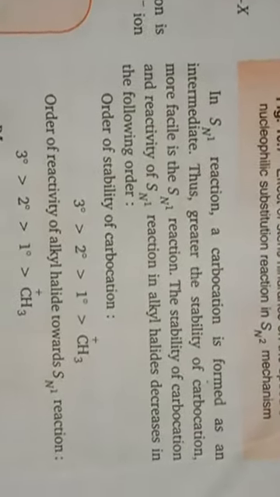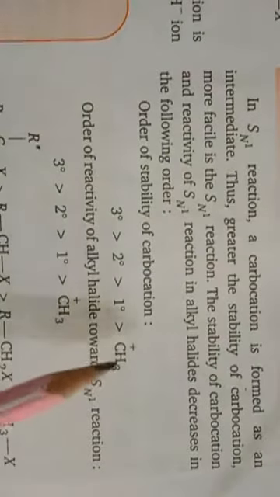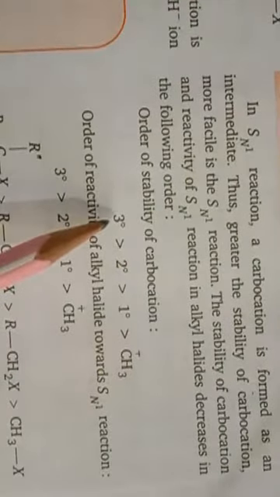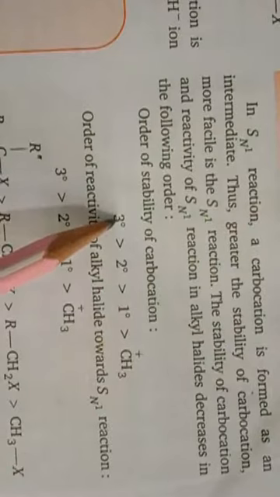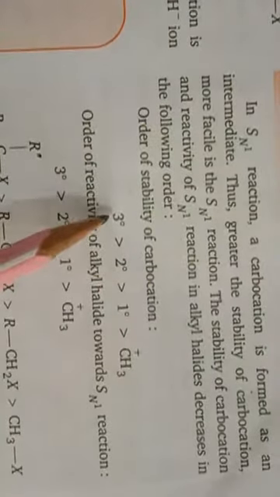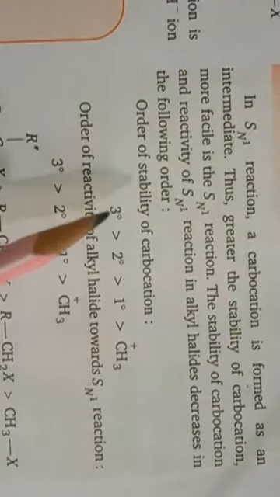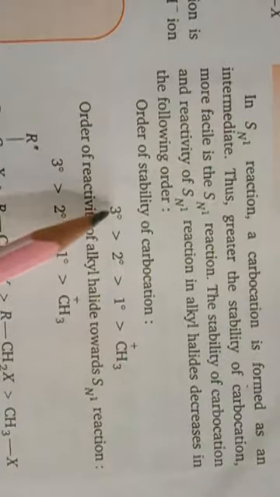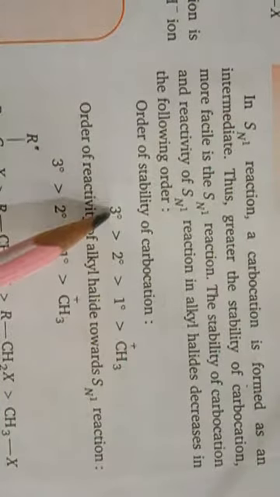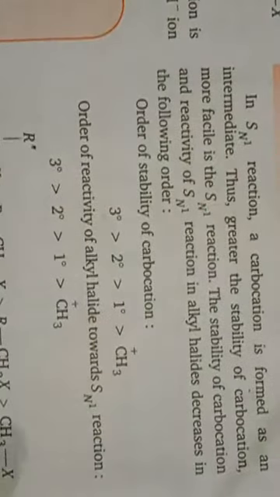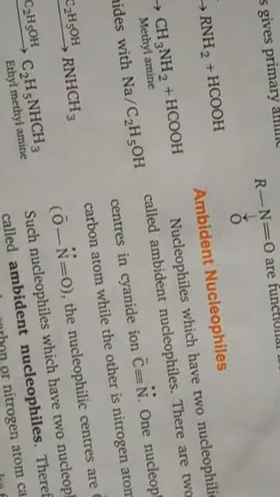Okay, because in Sn1 mechanism carbonium ion is formed as intermediate, so tertiary carbonium ion will be most stable, and that is why the reactivity of tertiary alkyl halide will be highest. Okay, so the reactivity order of alkyl halides in Sn1 mechanism will be opposite of that in Sn2 mechanism. Okay children, the next page,